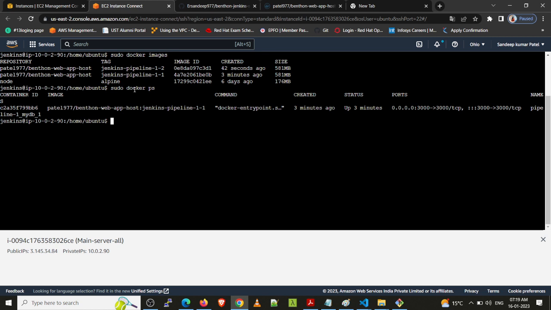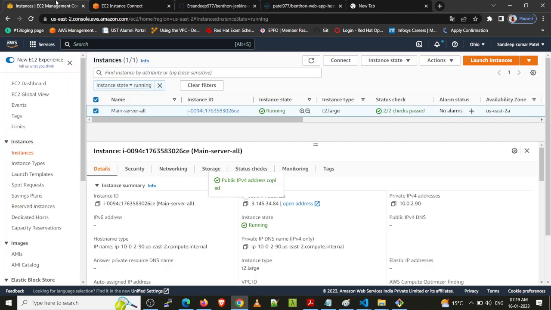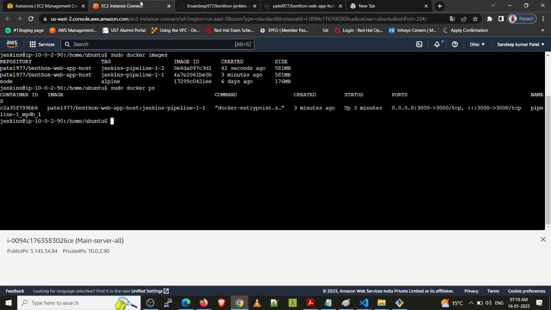Here our job is running, which means our pipeline and our syntax are running. So this is the task we have created. In the future, what can we do? We can use the EKS service. Inside EKS we can use this image and create a manifest file. Otherwise we can use any orchestration tool. In the future we will create it.